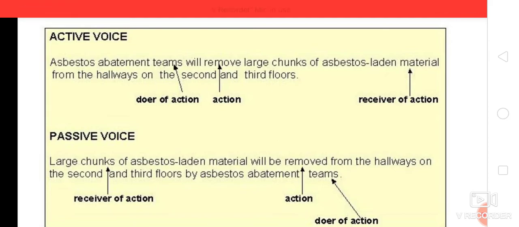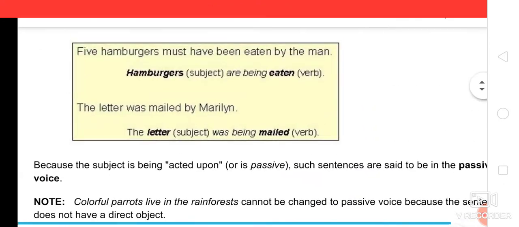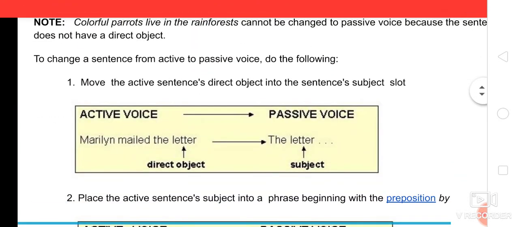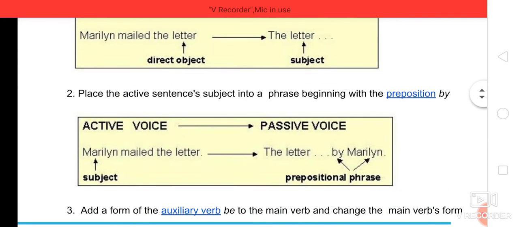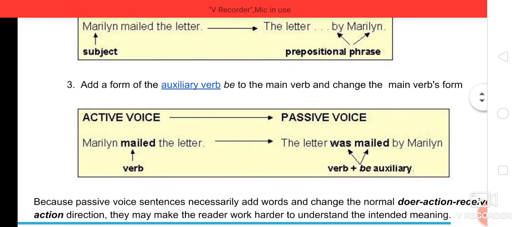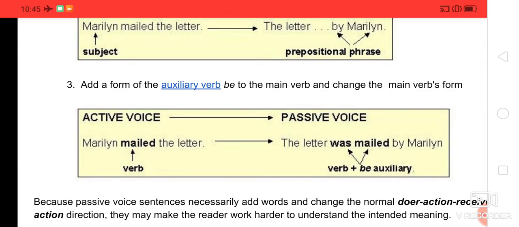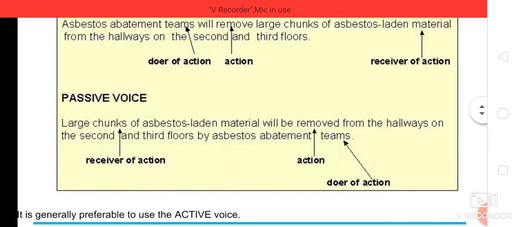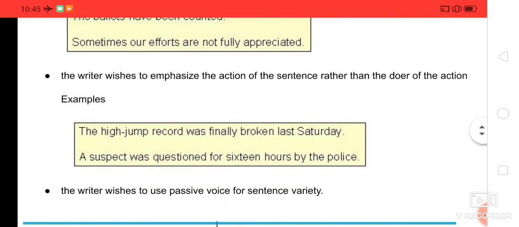So please remember the rules. Those rules are very important when we want to convert any active voice into passive voice. Let me repeat once again. So the first rule is to identify the subject, verb and the object in your sentence. As soon as you identify the subject, verb and object, when you want to convert this into passive voice, the object takes the form of subject, and then the subject takes the form of object, and then the middle position, whatever verb is there, changes its form, right? So please follow these three rules when you need to convert any active voice into passive voice.